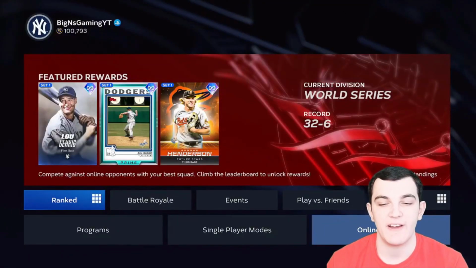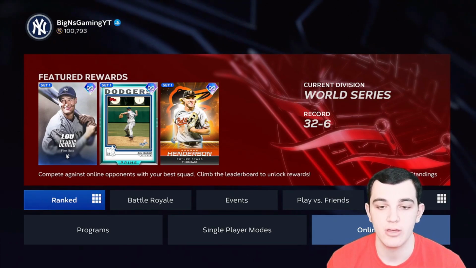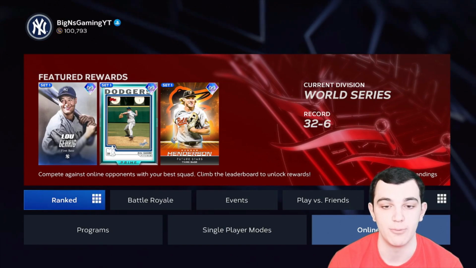As you can see, I finally made World Series in ranked seasons. World Series is very difficult to make. There are only around 1,500 people in the world right now who made World Series in the first season. Obviously, there's still time left, but that is a very small number compared to the amount of people that play